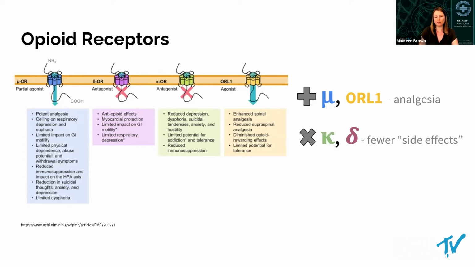And then there are 2 receptors that are implicated in the negative, quote unquote, negative side effects of buprenorphine. Most prominently the kappa receptor, but also the delta receptor. And interestingly, buprenorphine is an antagonist here, and that's some of the reason why we don't see the same level of side effects as with other opioids. So that's specifically relating to GI side effects and some of the dysphoria.